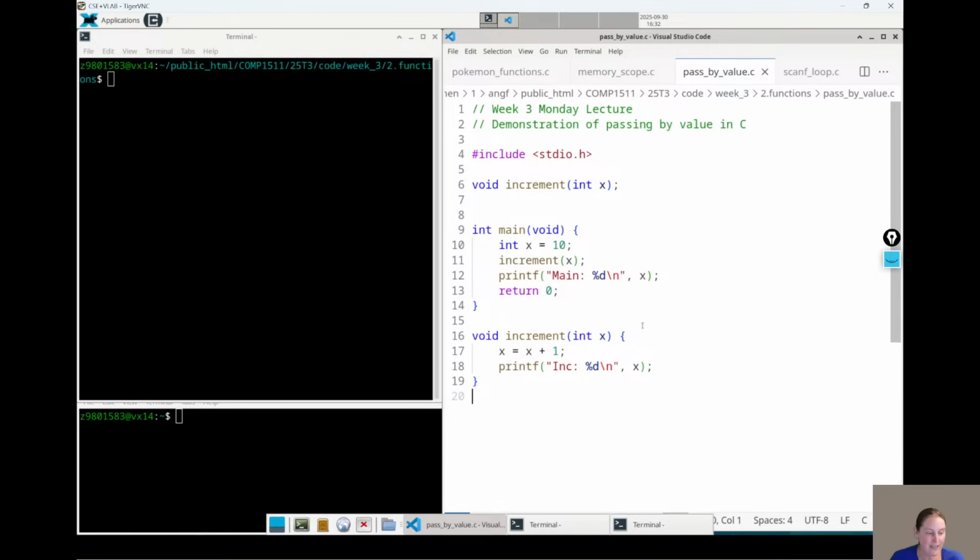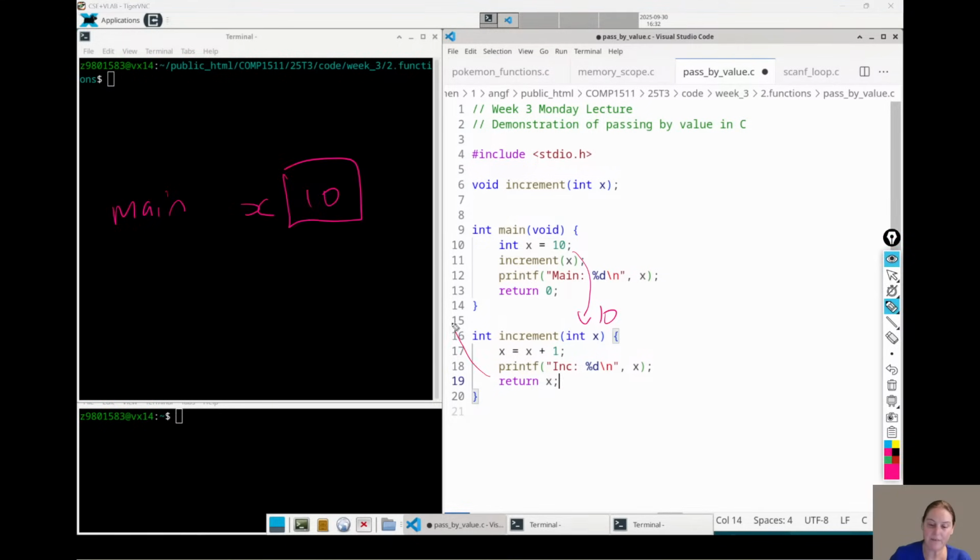All right. Yeah, now, Ritaj has a very good idea. If we wanted to make this work, we could have a return type. And instead of just updating this to 11 here, at the end, we could return it. Oops, not return 11, but return x. So we could then be passing back our updated value to the main.